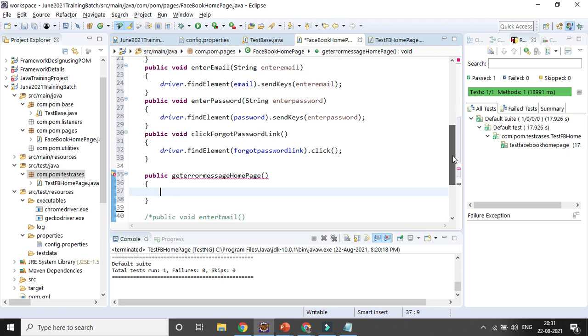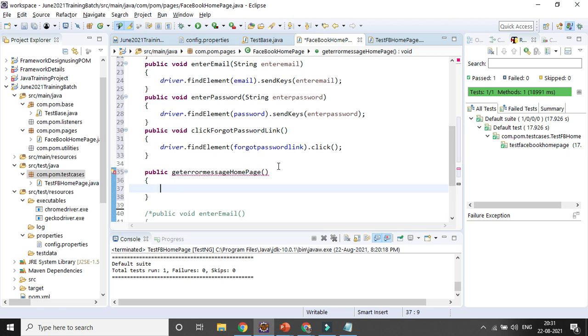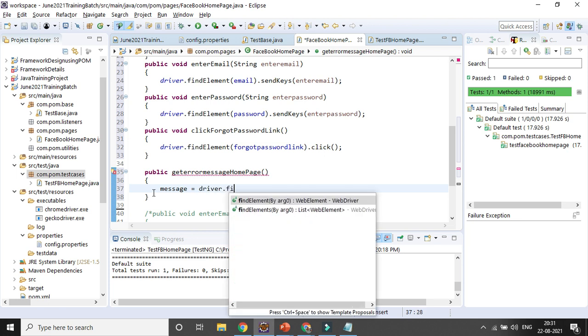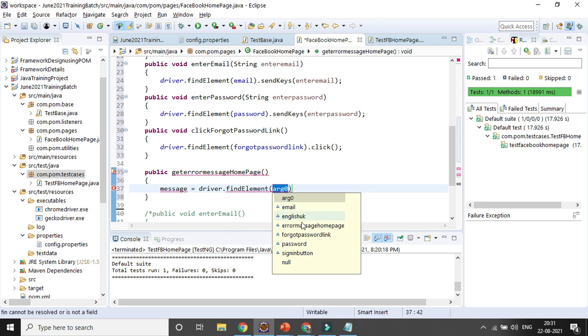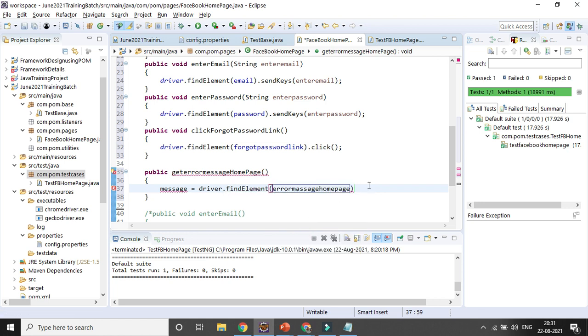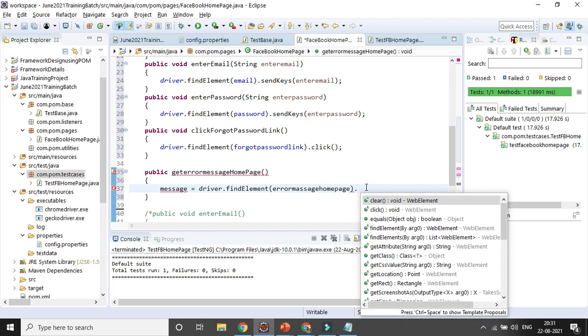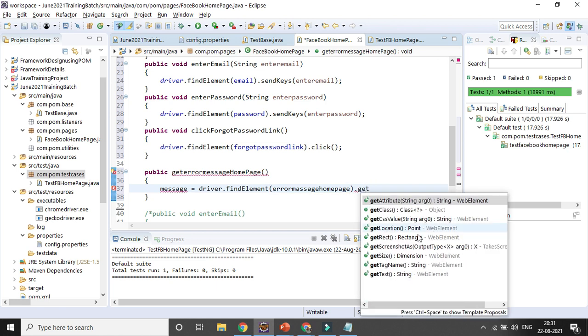Okay, get error message home page. So I'll be getting the error message with the help of a message variable, storing it equal to driver dot find element. So what is the element name? The element name is error message home page. Then I want to get the error message, so it will be get text, right? Get text.